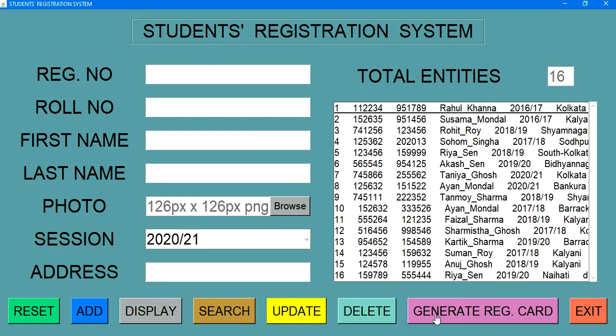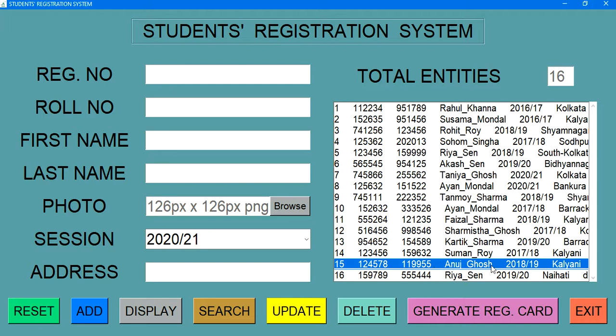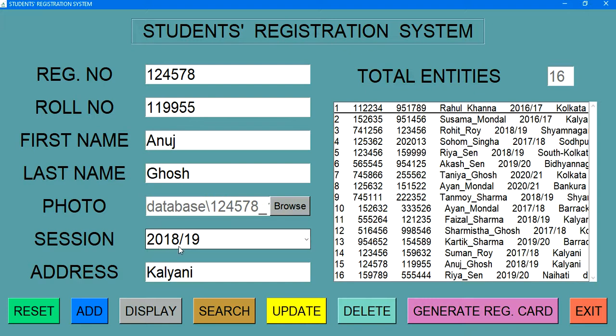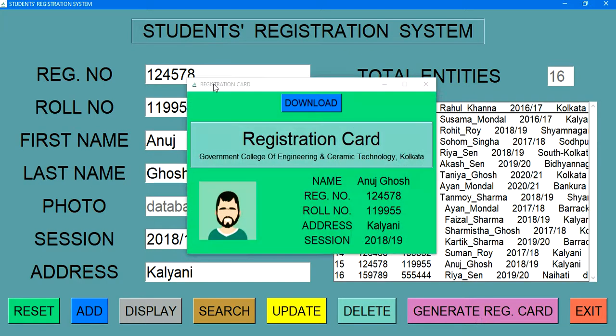Okay, so now the generate registration card. Let me generate the registration card for Anuj Ghosh. First I have to select the Anuj Ghosh line, and then click on the display button, and then if we click on generate registration card, it will generate a registration card automatically.